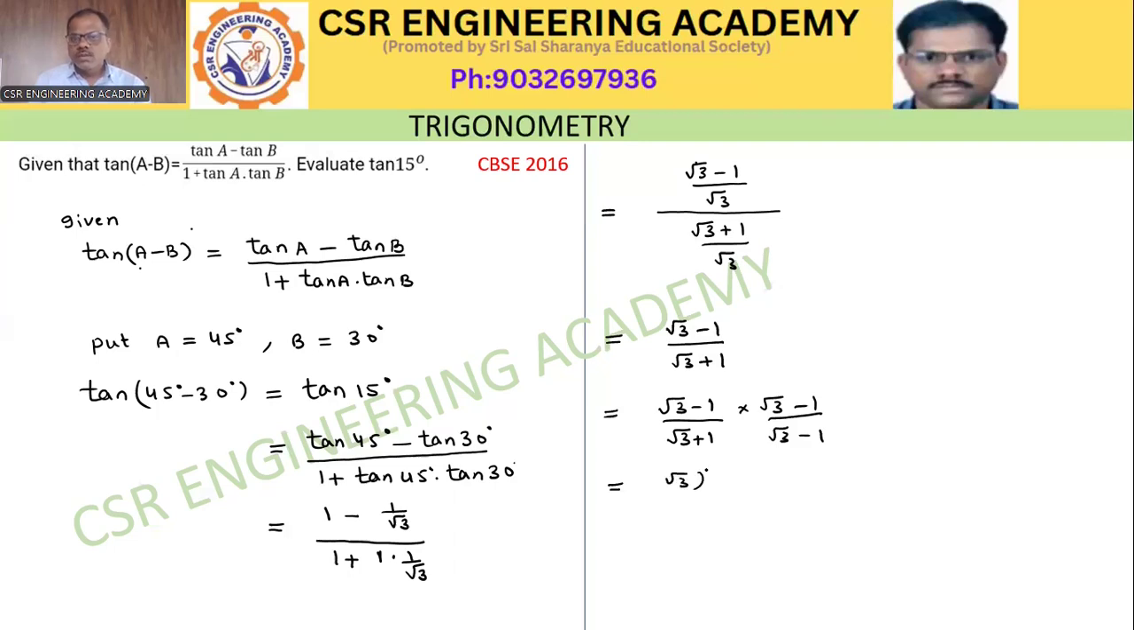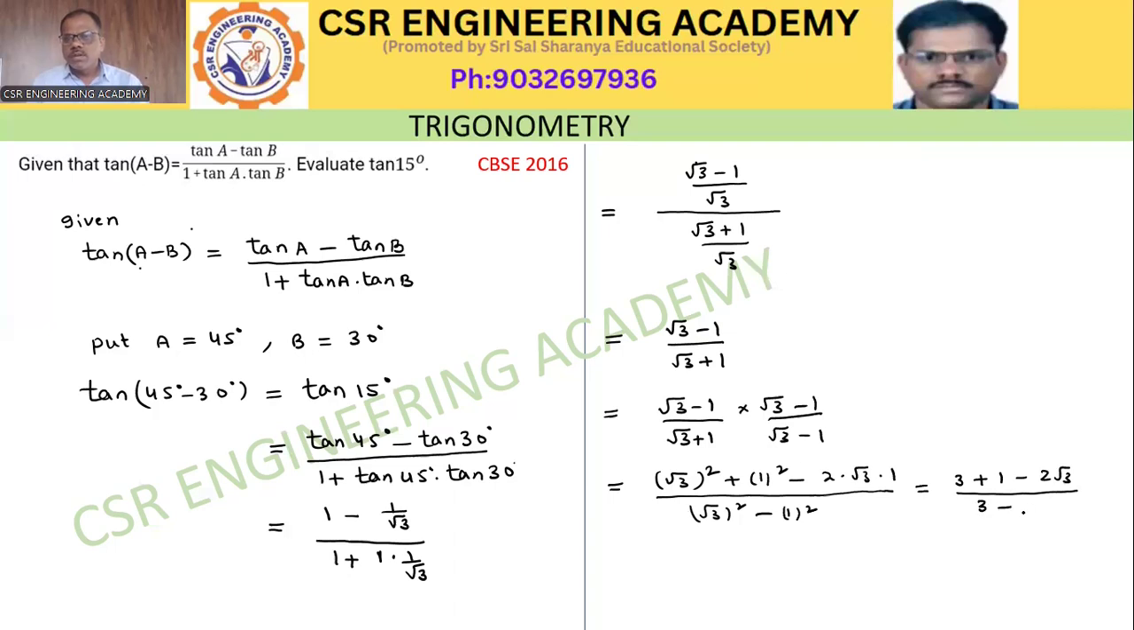that is root 3 whole square plus 1 whole square minus 2 into root 3 into 1, divided by root 3 whole square minus 1 whole square, is equal to 3 plus 1 minus 2 root 3, divided by 3 minus 1, that is